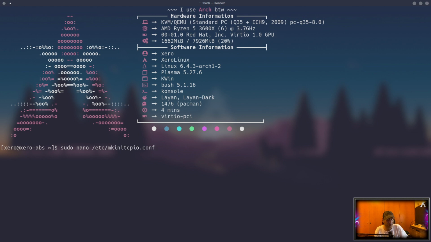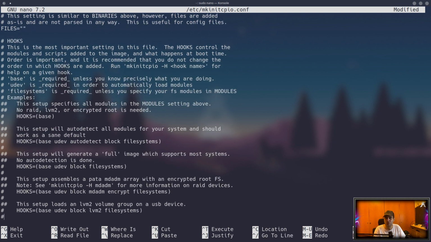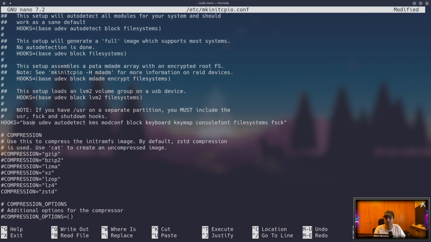Yes, I'm a nano user. Don't come at me, you Vim lovers out there. Then you type your password. If you applied the previous fix, you should have it like this. In BINARIES, you should have setfont. Well, we no longer need that because it no longer works. So all you have to do is delete that and scroll all the way down to HOOKS. You see that line? HOOKS equals base, udev, autodetect, and so on and so forth. You will have at the end of the line something called keymap and consolefont. You delete those two